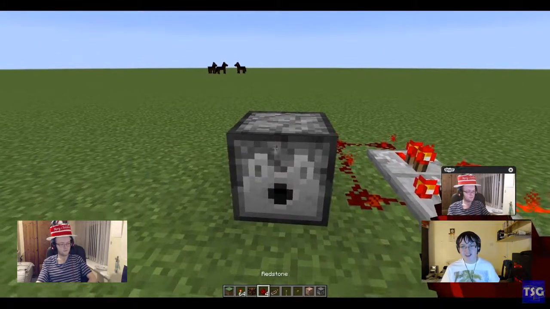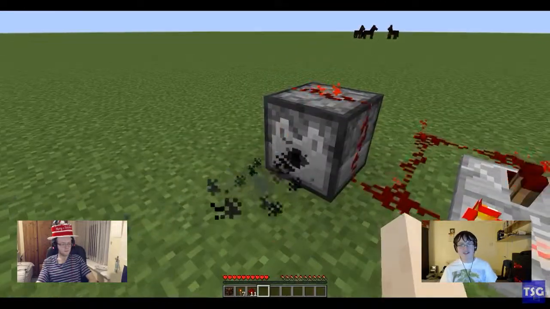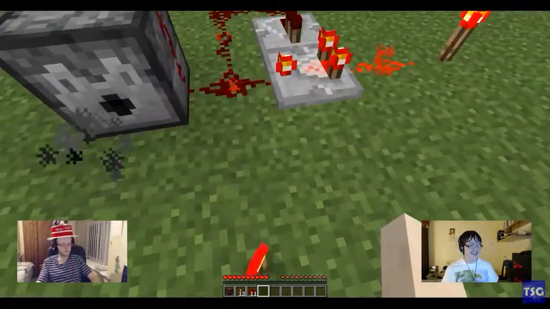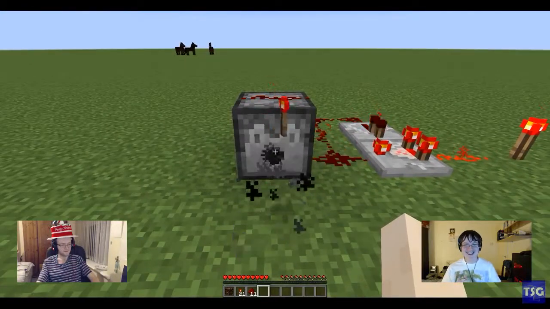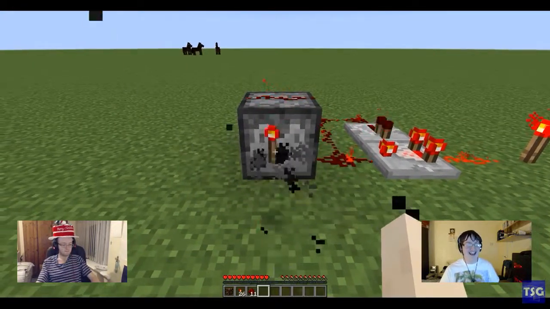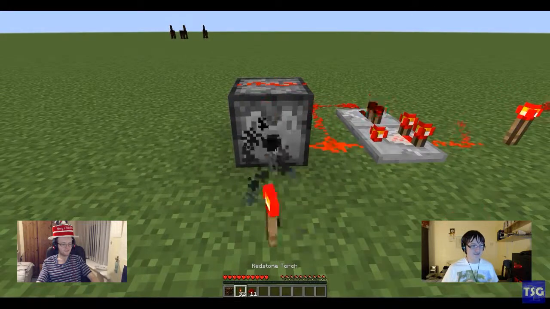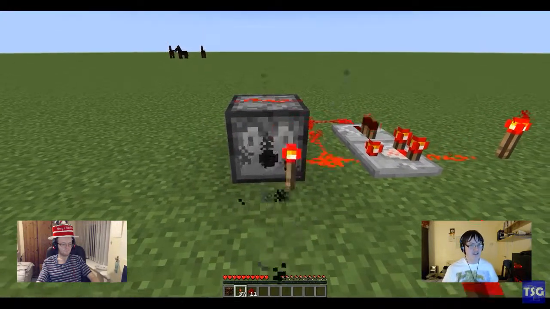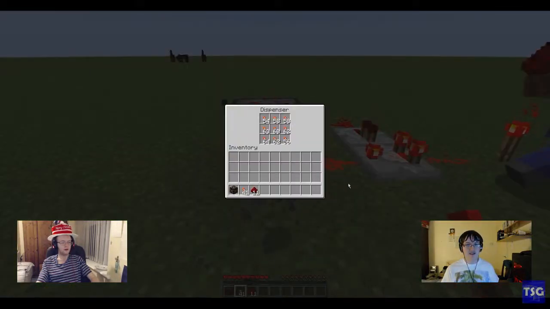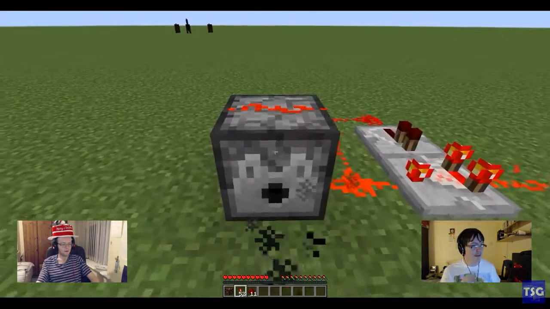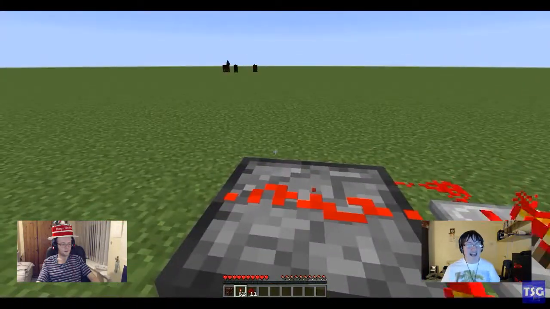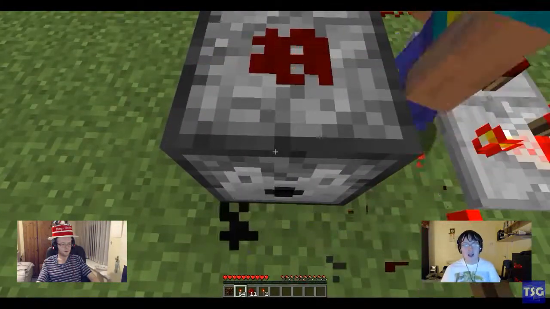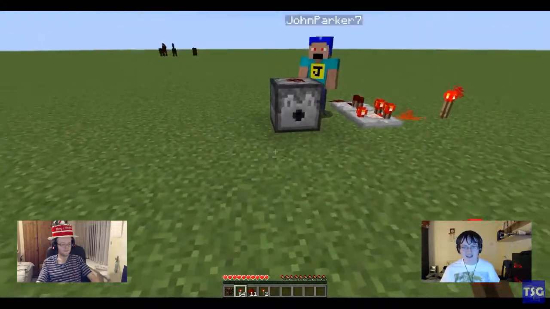Right. Now I've collected. And that will keep going until it runs out. If you right click on the dispenser, you'll see how many of the items there are. Whoa, that's a lot. As you see, it takes one from any random slot in the dispenser. And you can put any item you want in there. In fact, Jack, you can make,